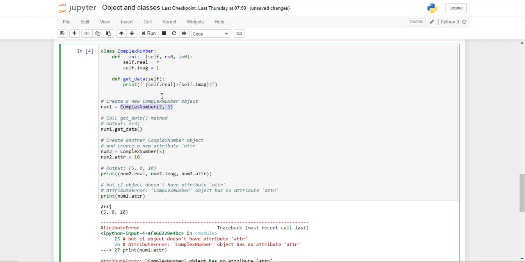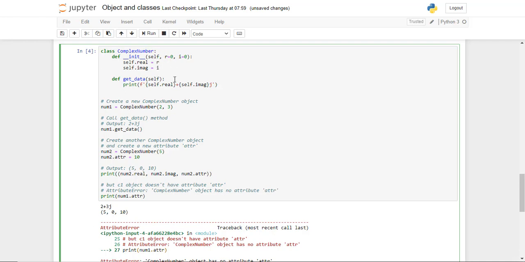When they go into the initializer, because these are positional arguments, r gets, instead of 0, which was the default, the value 2, and i gets the value of 3. Had we not given these values, they would have still been initialized, but they would have taken the default values, which were 0 and 0. Now in this case, we have given it 2 and 3. So real gets the value 2 and image gets the value 3. So when we now try to print out these values, we're going to get the 2 and 3 outcomes.